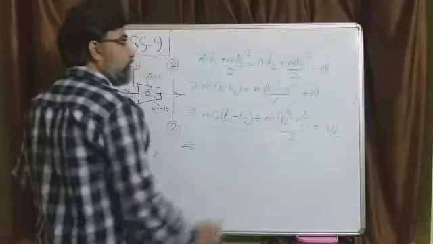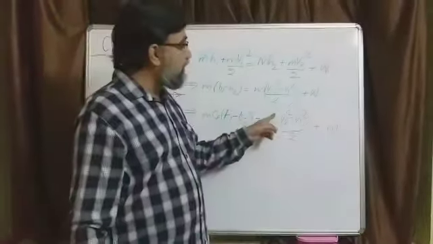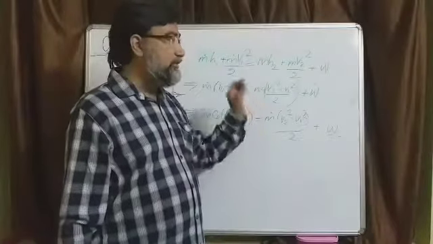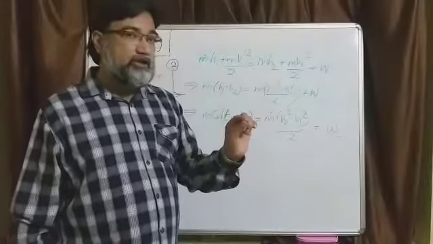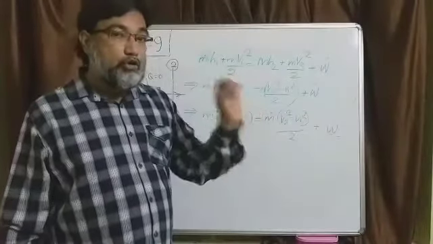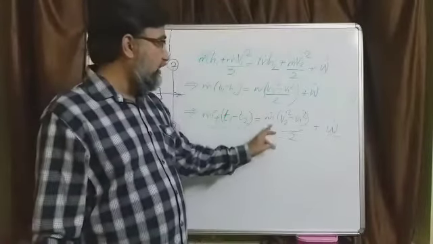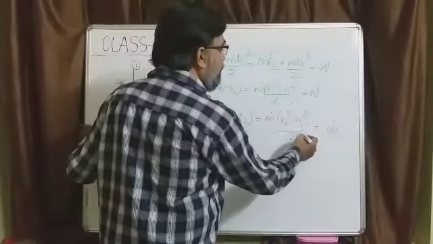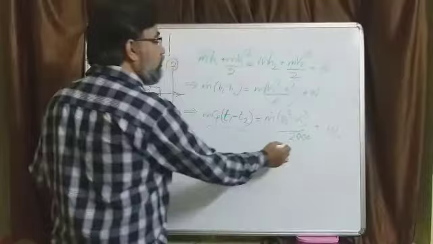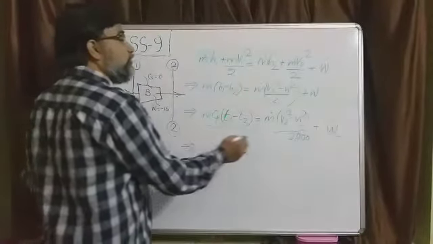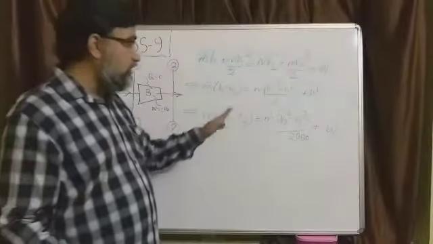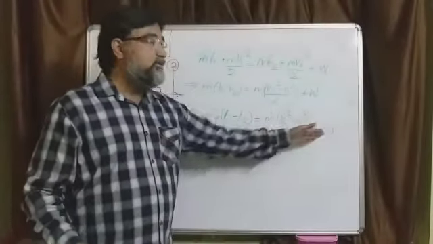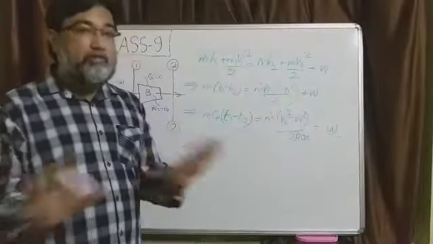What about this one? This one, if you take this half m V square, so it is kg meter square per second square, which is equal to joules per second, not kilojoules per second. So in order to make it kilojoules per second, you have to divide by 1000 here, then only this will be kilojoules per second, this will be kilojoules per second, this will be kilojoules per second. Now as far as the units are concerned, all the three terms in this equation do have the same unit.